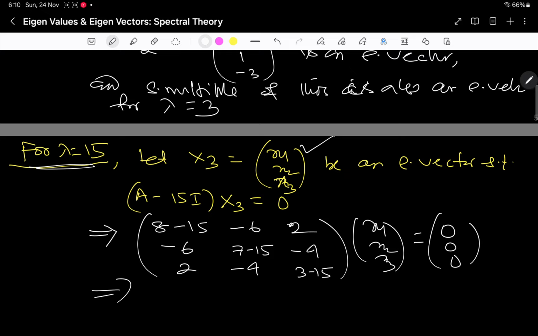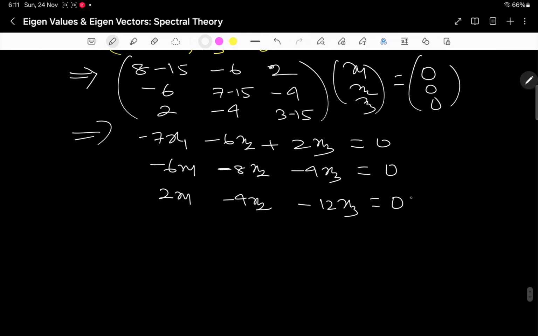If you simplify it, the algebraic equations will give you three equations. If I consider the first two, cross multiplication